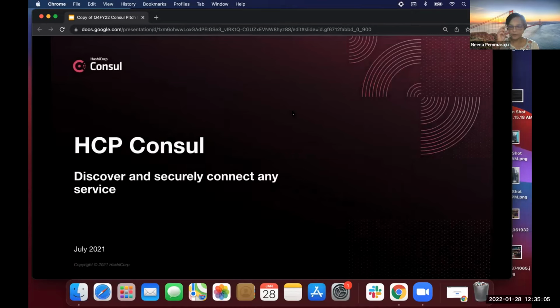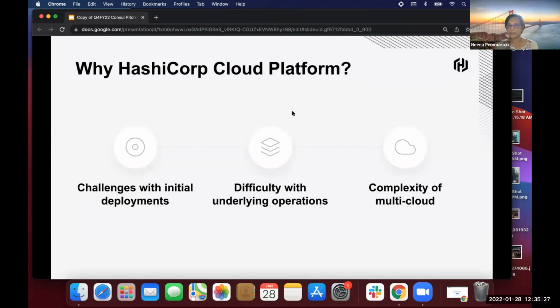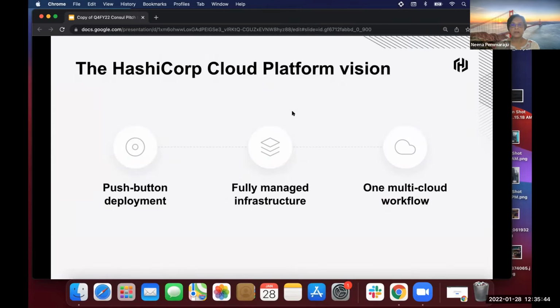And then before I hand it back off for the demo that's coming up, I wanted to talk briefly about the HashiCorp Cloud Platform. Consul and other services from HashiCorp are obviously available in a form where you can run and manage it yourself. But we also have what is called the HashiCorp Cloud Platform, or HCP, where our products are available as a managed service for you to just use, as opposed to running and managing it yourself. Right? And so that's the vision.